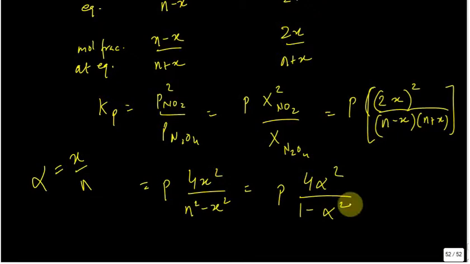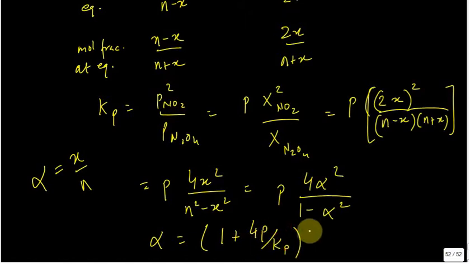Okay. So the amount of reaction that occurs, if I rearrange these things, then the fraction reacted alpha comes out to be 1 plus 4p by Kp to the power minus 1 by 2. You could do a calculation of it. Take all these things on the other side. This is Kp. So then you get alpha is equal to 1 plus 4p by Kp to the power minus half. Now, you see an important principle out here. If pressure increases,